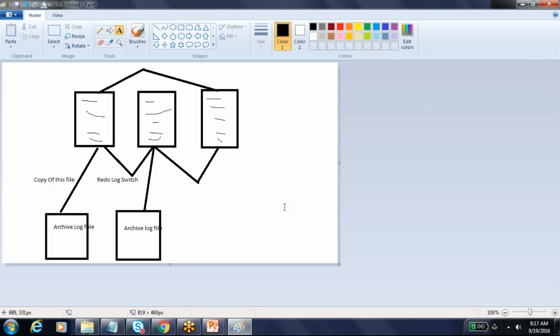It depends on how much space you have and how critical your database is. It depends on a lot of things, like the size of the database or the space you have in the tapes. Maybe you are later transferring them to tapes, because these are the files which we will be able to recover.